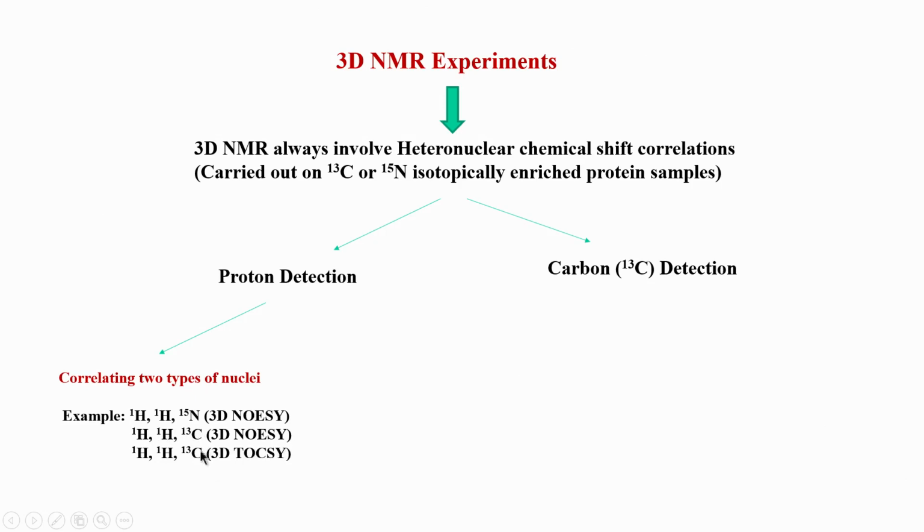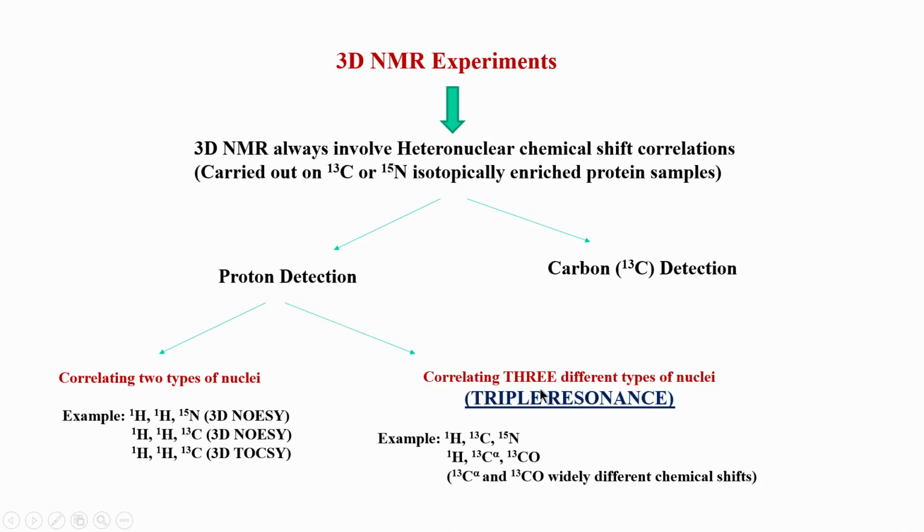Similarly, in the 3D HSQC-TOCSY which I showed you, two dimensions were proton and the third was carbon. We saw in the projections in the last lecture that it has basically only two types of nuclei involved, but nevertheless it was a 3D experiment. So, we can design a 3D NMR experiment with only two nuclei, or we can have what are called triple resonance NMR experiments, where three different types of nuclei are involved.